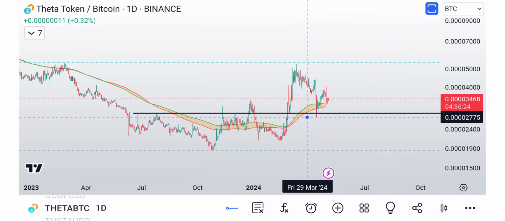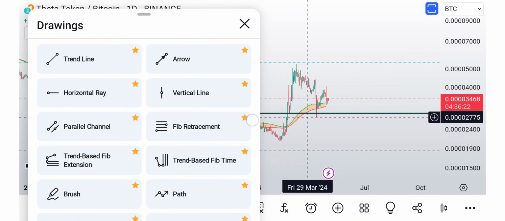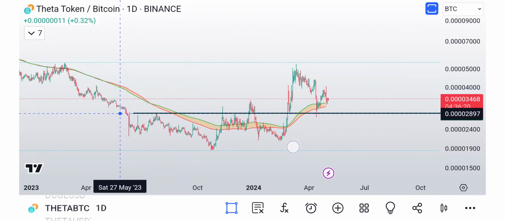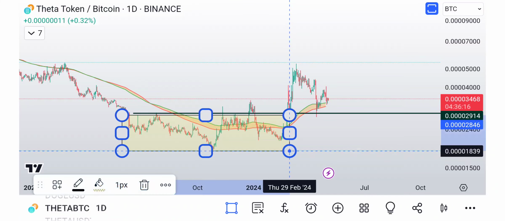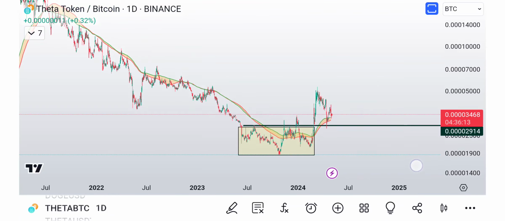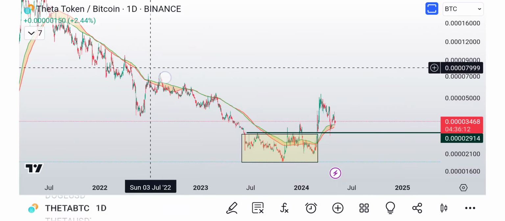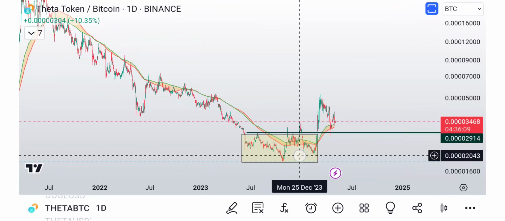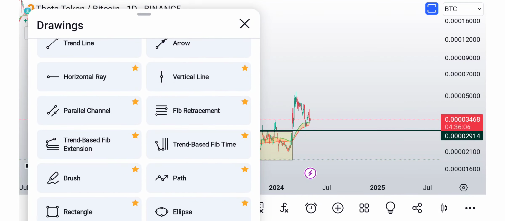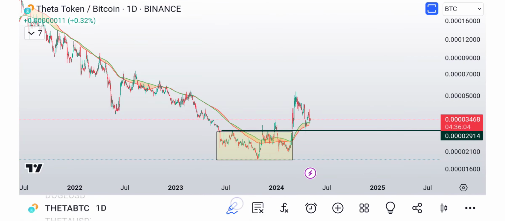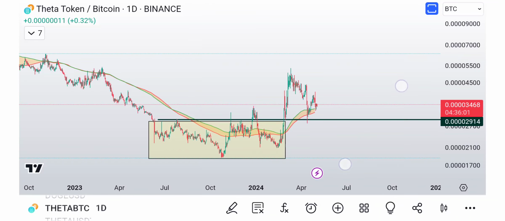And we basically hashed out a pretty decent bottom down here on the daily chart. When you zoom out a little bit, you can see we're coming down, down, down, creating a nice bottom. And this is the big thing that I wanted to talk about,